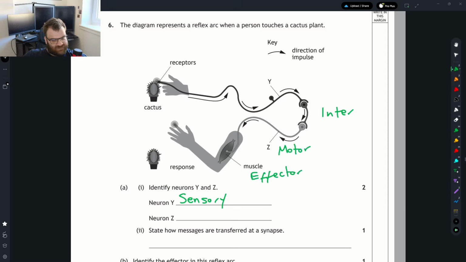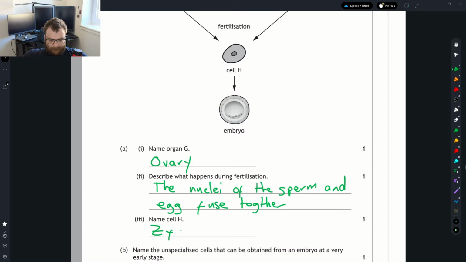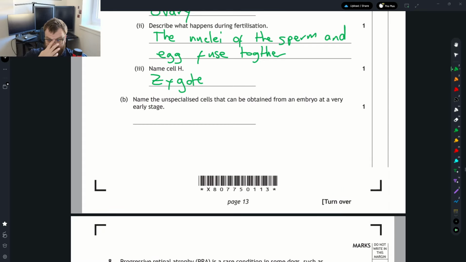Fuse. Let's go for fuse. That produces the zygote, which develops into the embryo. For that, unspecialized cells are stem cells, and specifically, these would be the embryonic